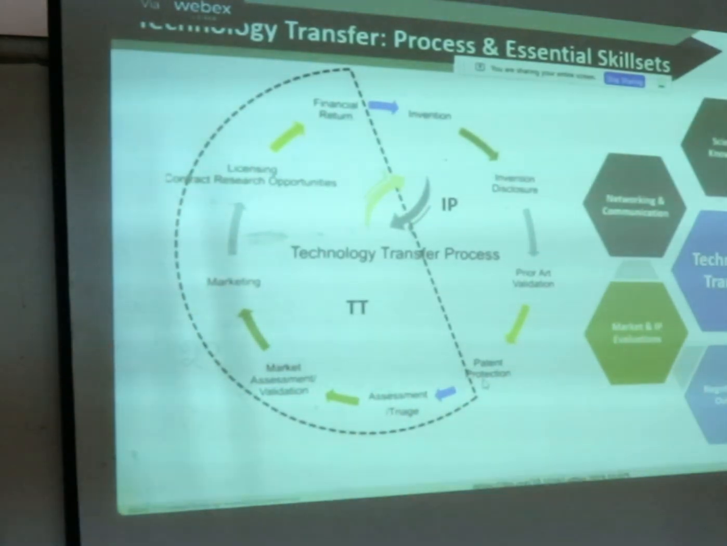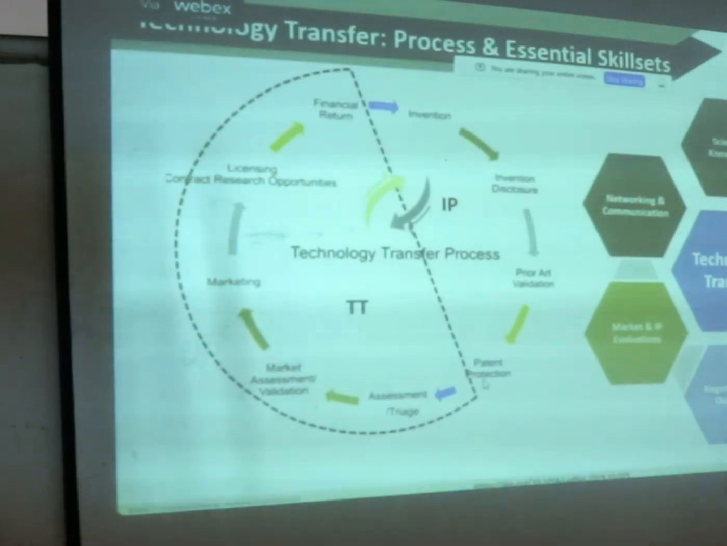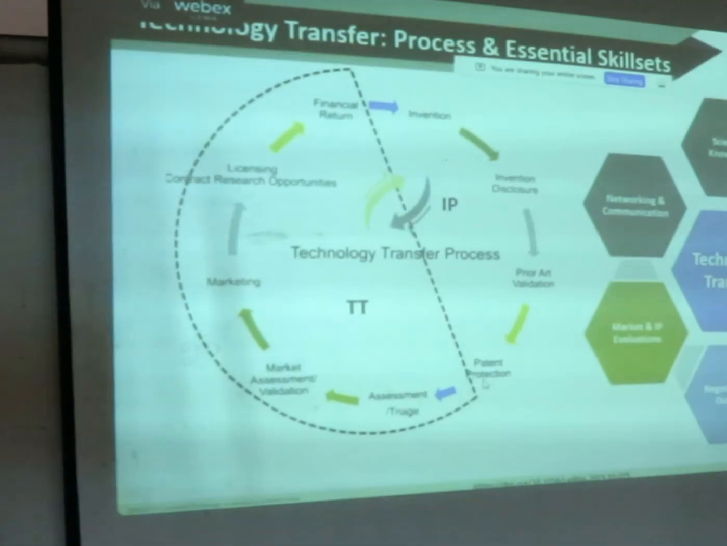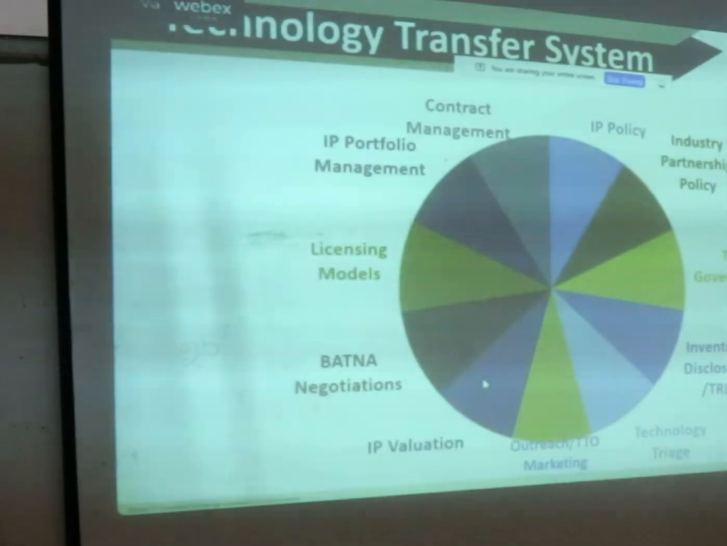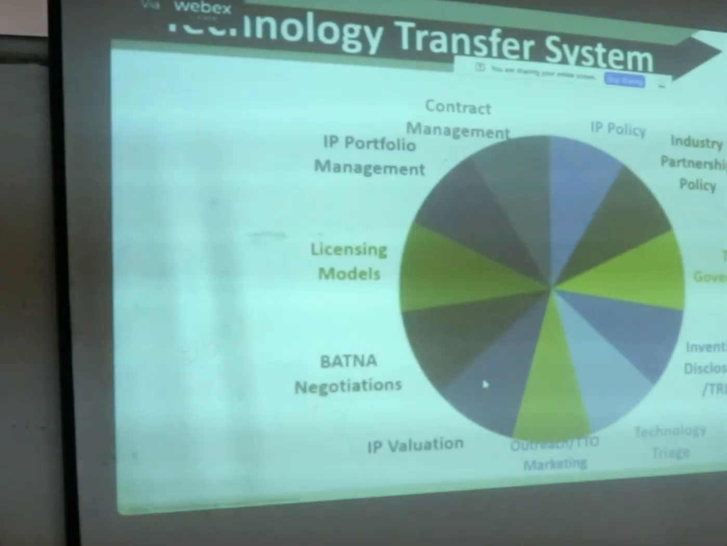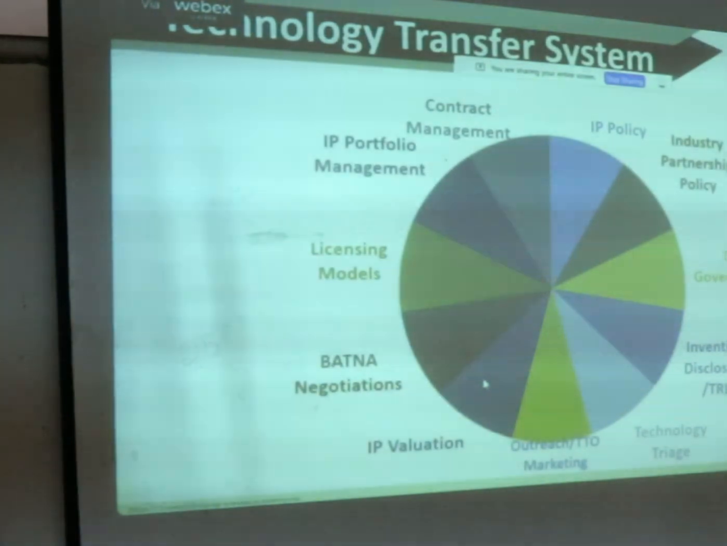I would say that patent and product are two sides of the coin. One side is IP prosecution and filing, and the other side is technology transfer, business development and portfolio management. So if you see the complete technology transfer ecosystem, it includes a lot of things, right from the policies to the